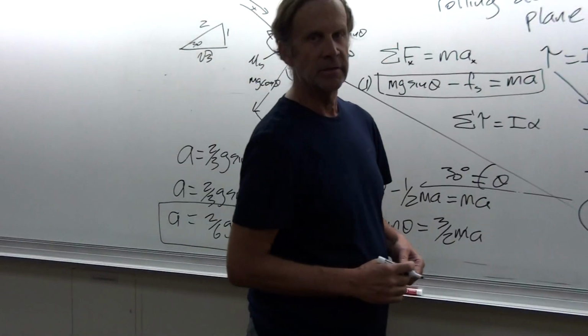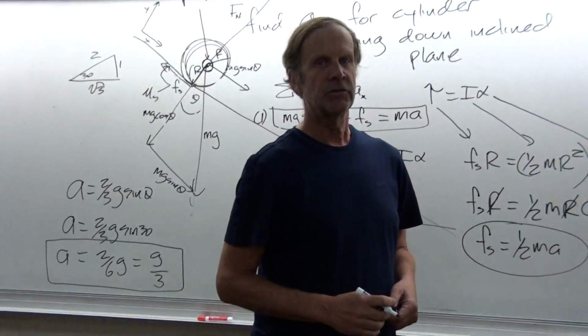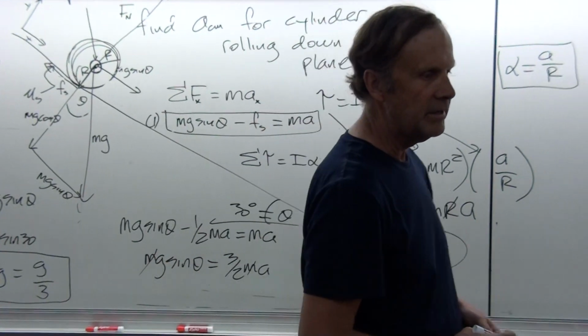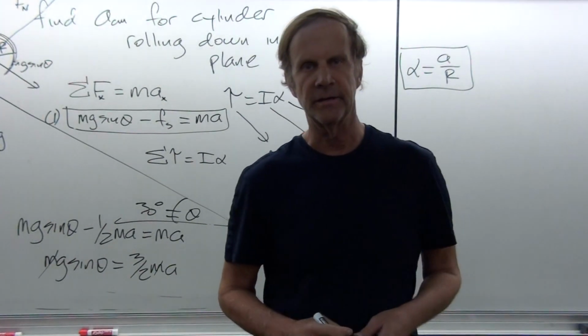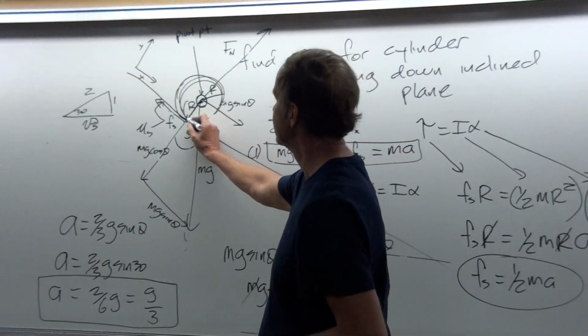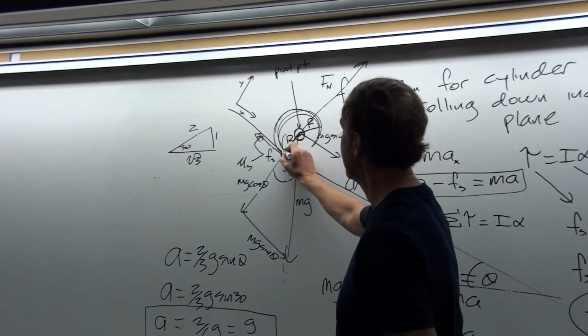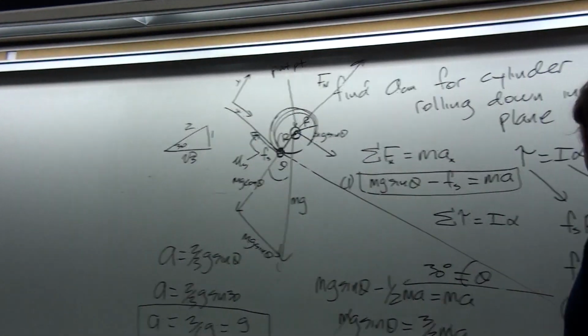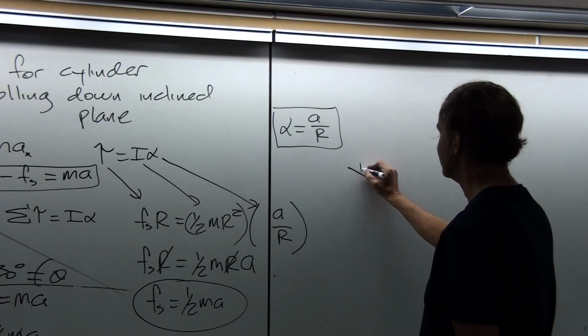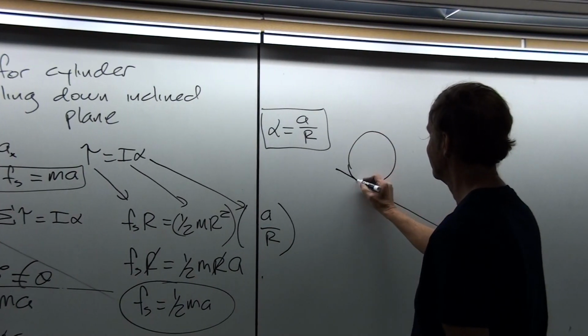Now, what I'd like to do is show you another way to solve the same problem. But in order to do it, we're going to need to choose a different pivot point that is not on the center of mass. I'm going to choose a pivot point that's here, instead of a pivot point that went right through the center of mass. I'm going to rework the same problem. And I better get the same answer. If I don't, it means that I did something wrong.